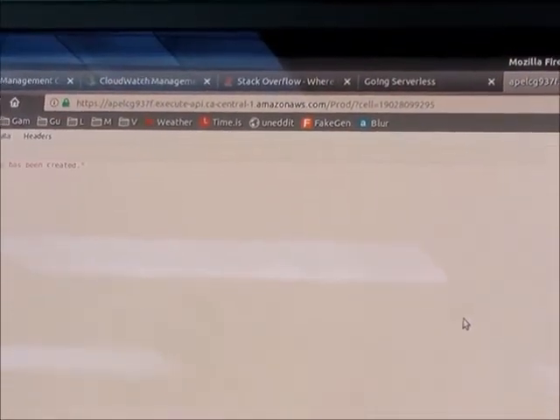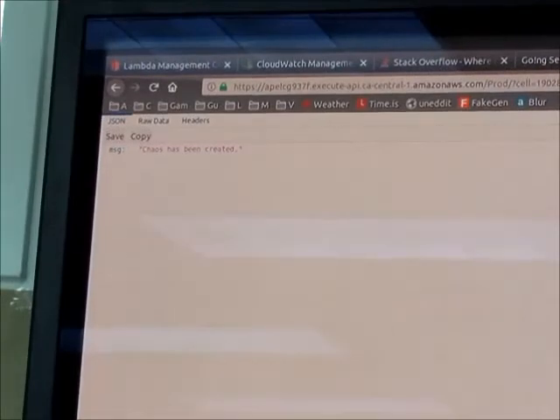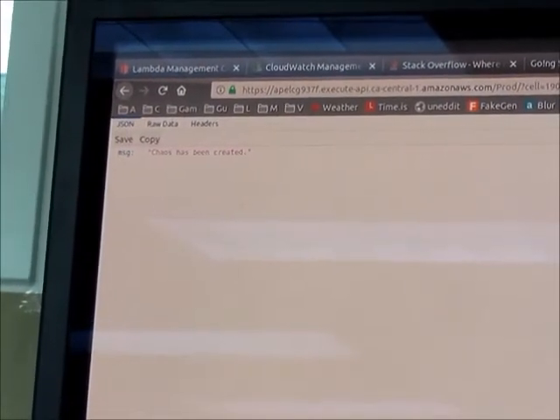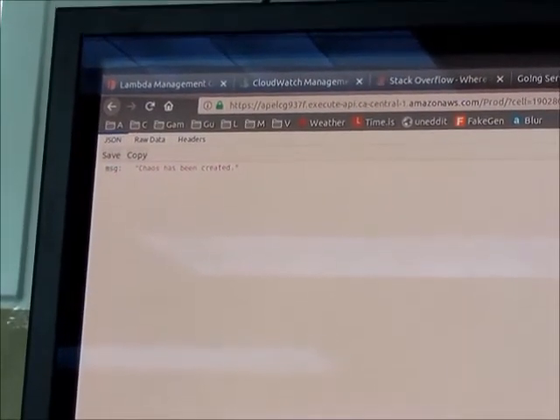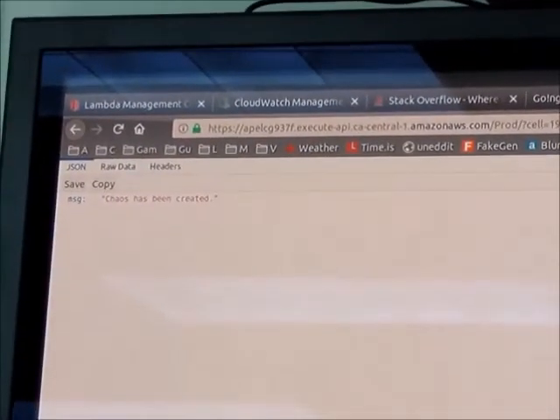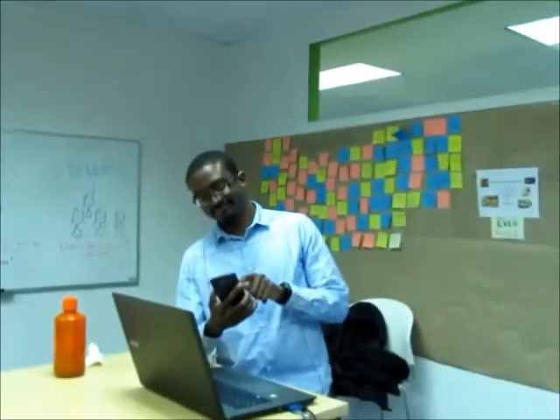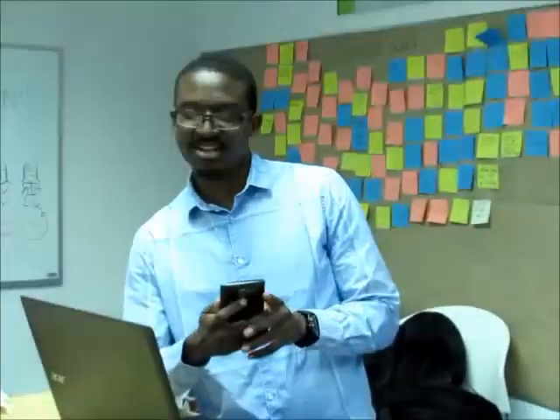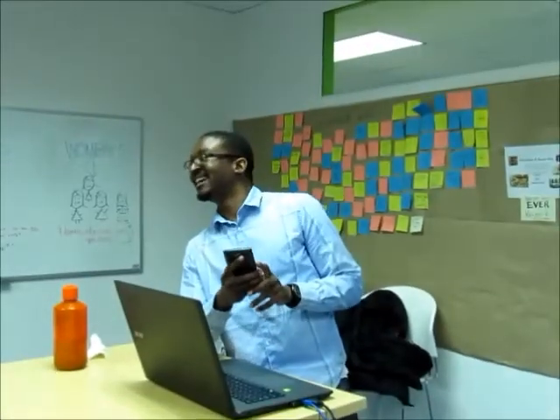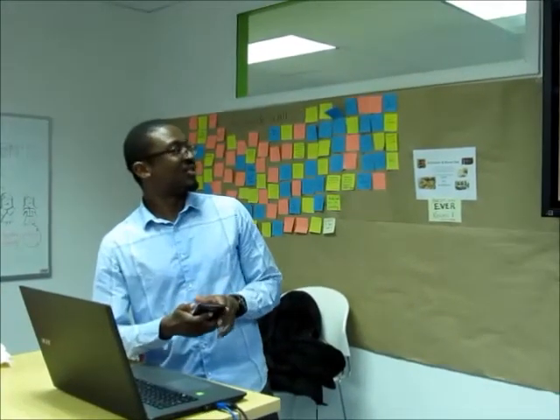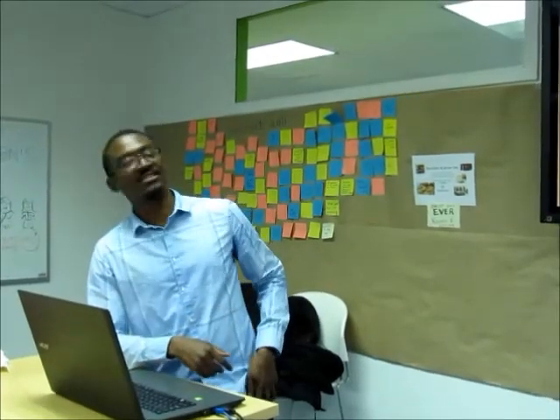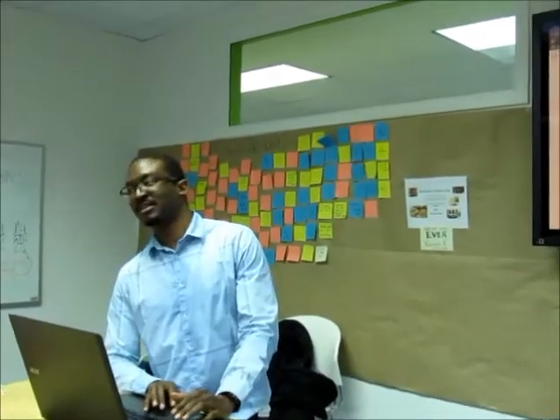Let's see if this actually works. There we go. Chaos has been created. And I get a text message that simply says, uh-oh, something happens to production.config/all of the passwords.txt. It's not great. That's actually probably good. Yeah, you're right. Why are you storing all of your passwords in a .txt file? In S3. In a public bucket.